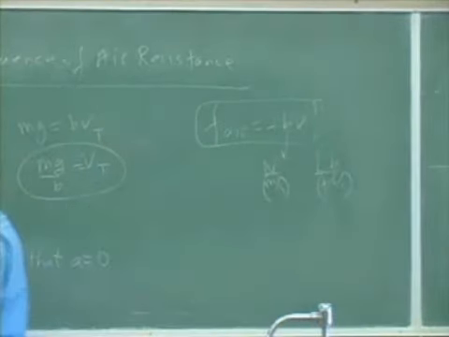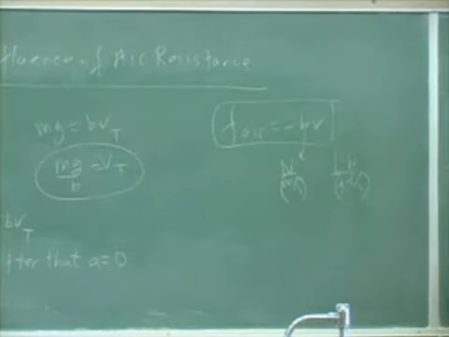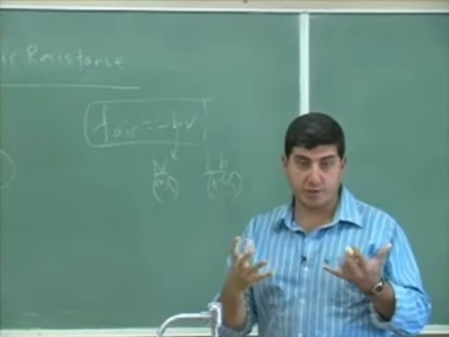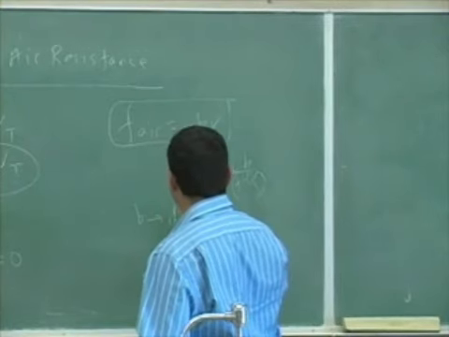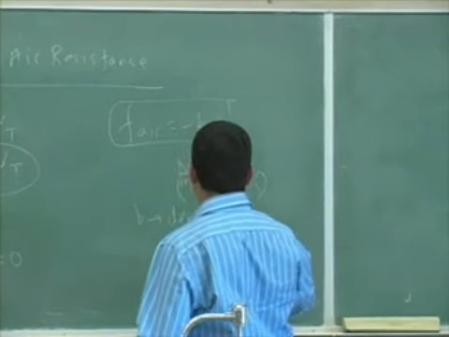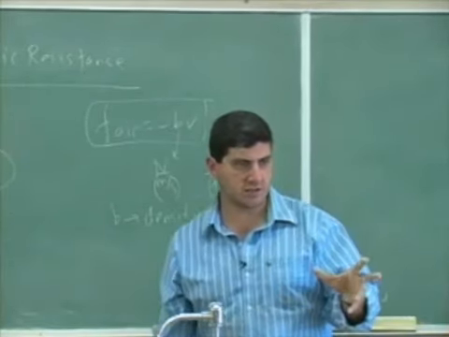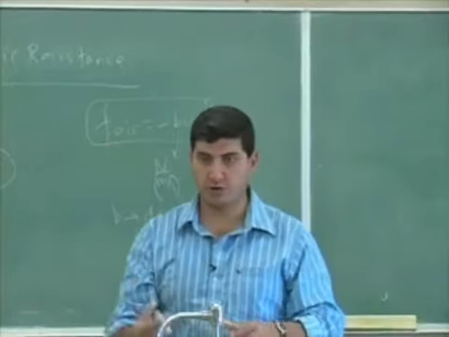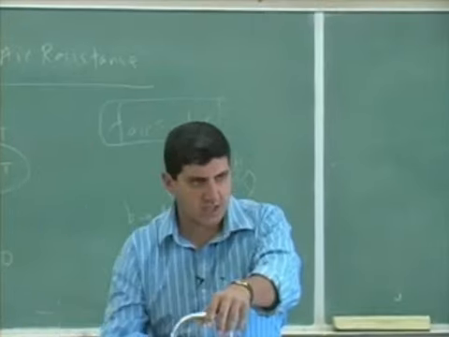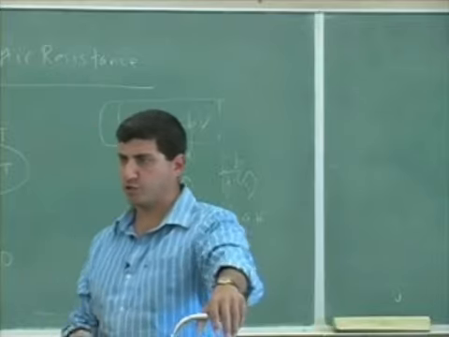Or in the British system, it would be pounds per feet per second. And b is a constant that depends on how dense the air is, right? b depends on the density of air. Oftentimes, the b is also given the name viscosity. If you drop an object like this, could be you're dropping an object in oil and it's falling in oil, right? The viscosity of the oil is a measure of the friction on the object that you drop there.